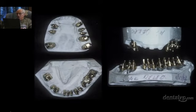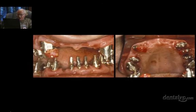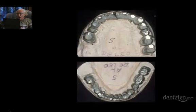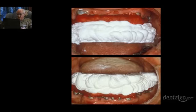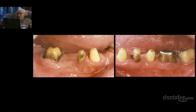taking impressions, plating our dies, making our transfer copings. Notice the size of the tongue, incidentally, which was also a problem. And the transfer of bite relationship, inter-arch. The face bow utilized here is a maxillary orientation. It's not a hinge axis. And final castings made, assembled in the mouth, centric checks